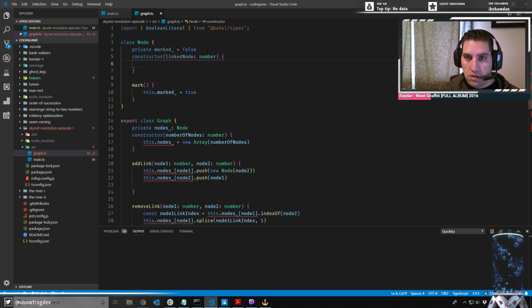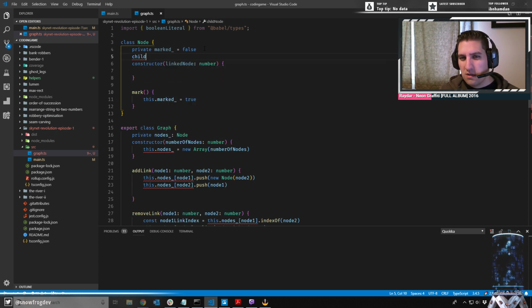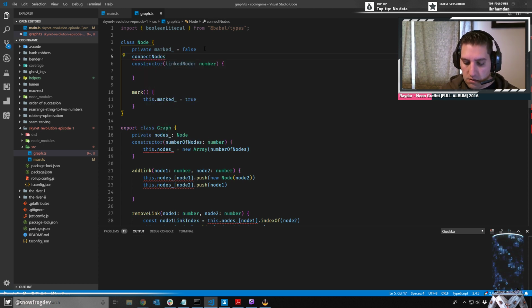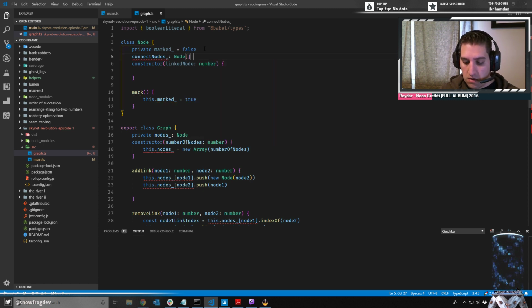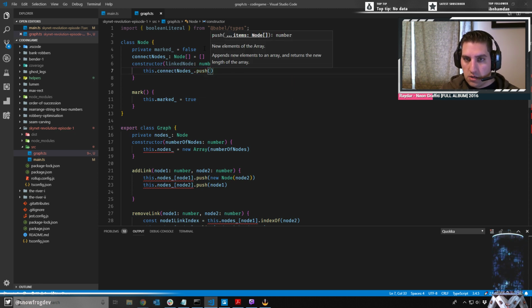And then we need an array of child nodes, or let's just call it connected nodes. It's not really a tree, right? So I don't know if it's, well, whatever. Child nodes is going to be an array of nodes that we'll initialize right away, and then we just come in here and go this connected nodes dot push, and we're pushing